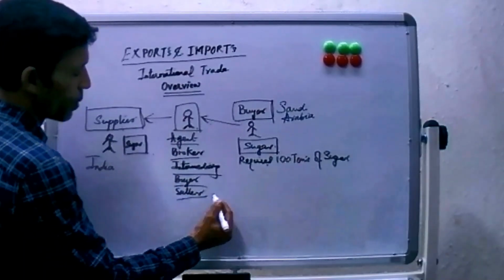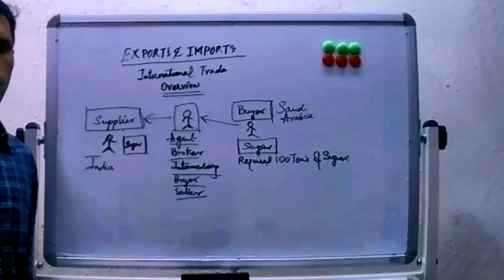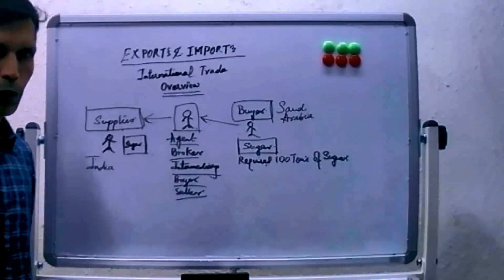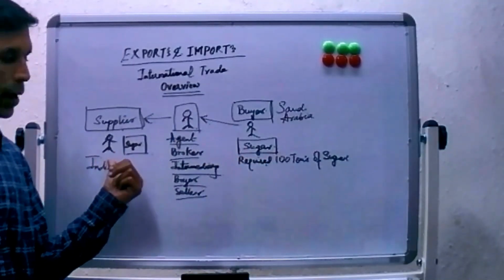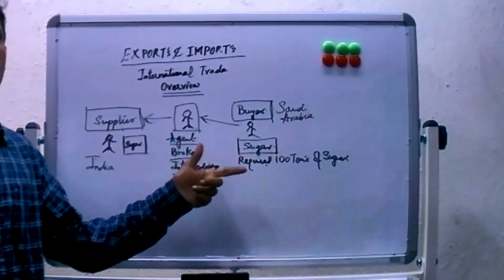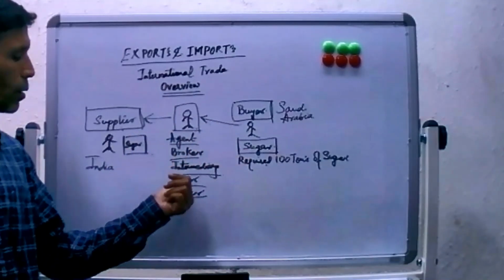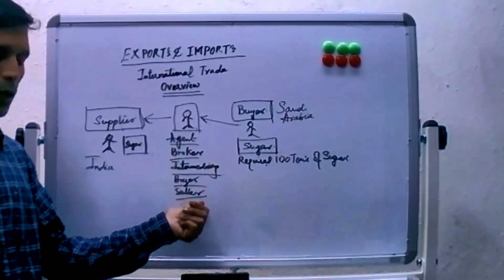Because actually, what happens if you don't have the money to buy these 100 tons of sugar from this supplier and give it to the buyer? That happens without investing any money. So if you are an agent, broker, intermediary, buyer or seller,